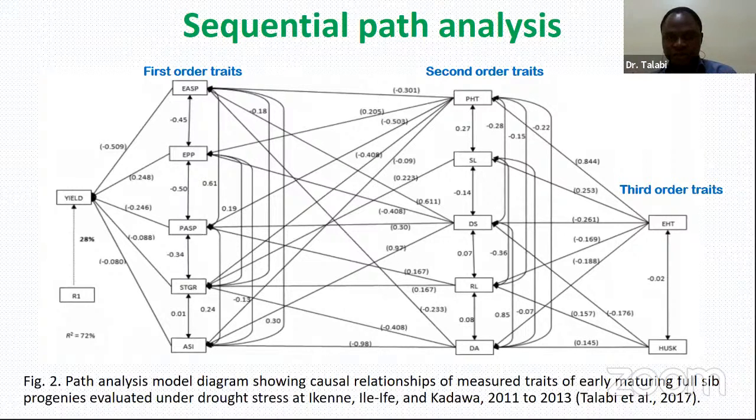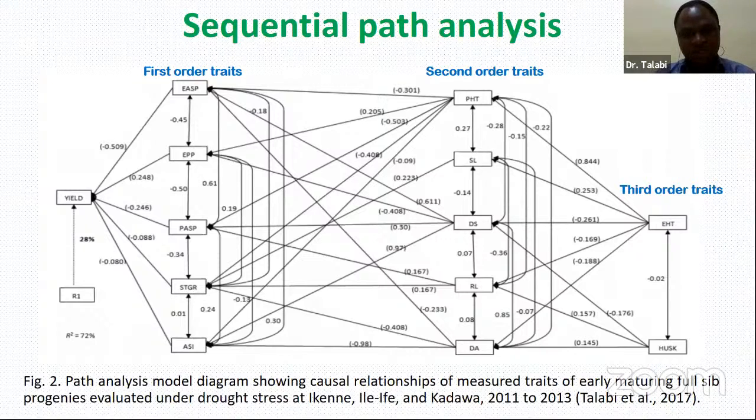Okay, so the conventional path analysis gives you an indication of the traits that are actually making contribution to grain yield, or so to say, the traits of interest. But most of them are just placed as the first order traits. Now,